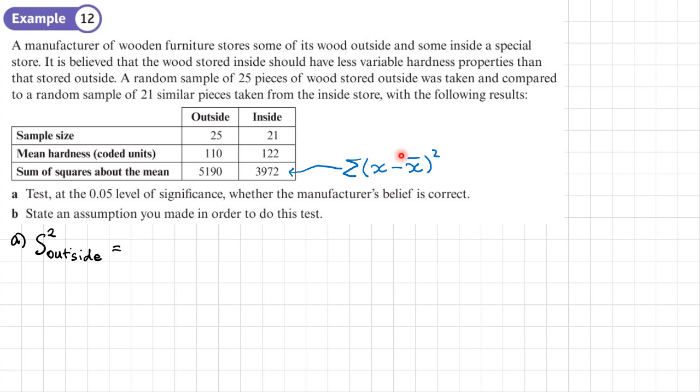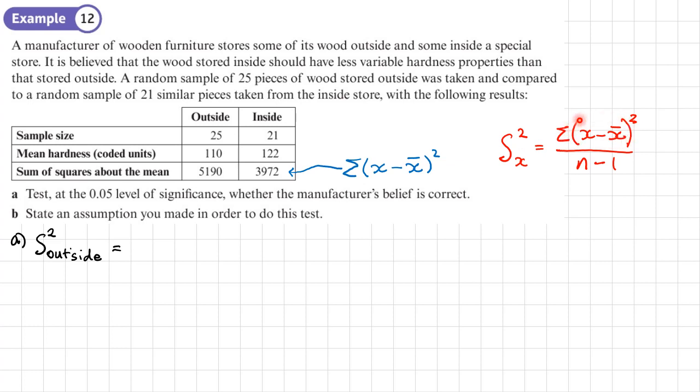Now since I have this value here, to find the variance for our sample, I can simply do this, the sum of x minus x bar all squared over n minus 1. So this is a form of the equation that we can use to find the variance of our sample,